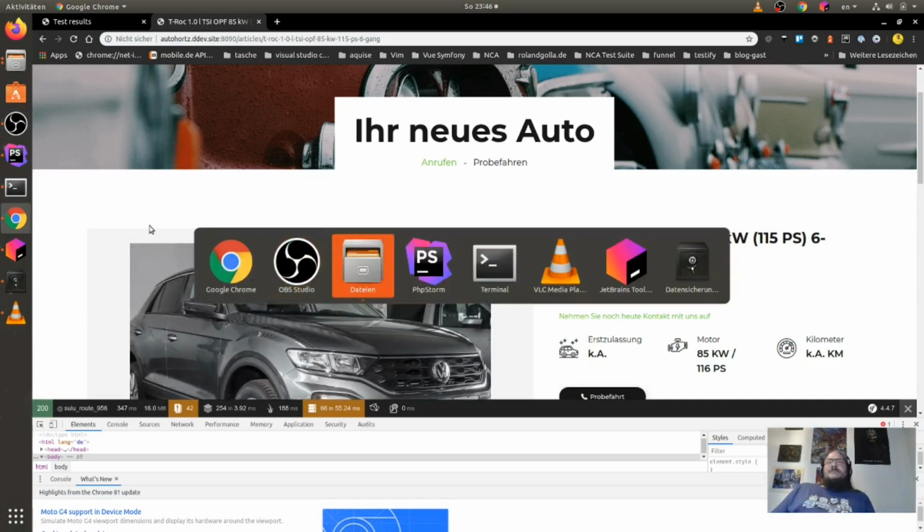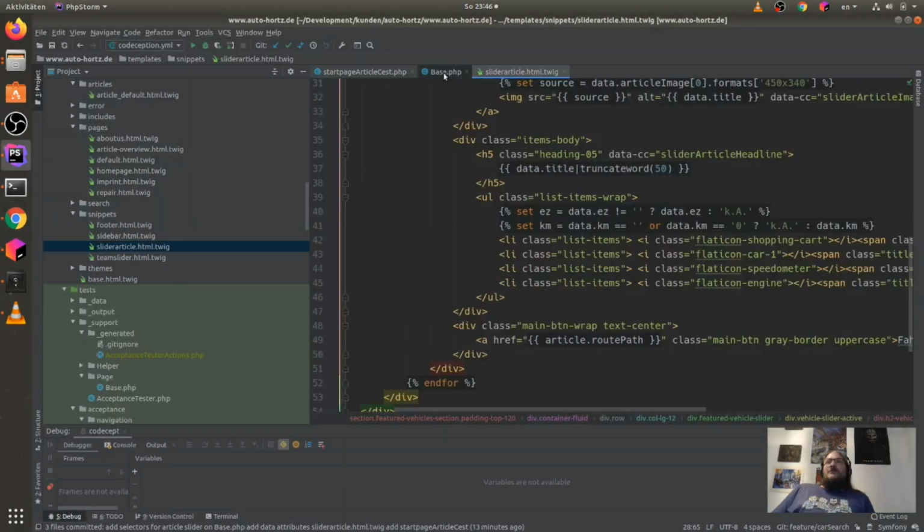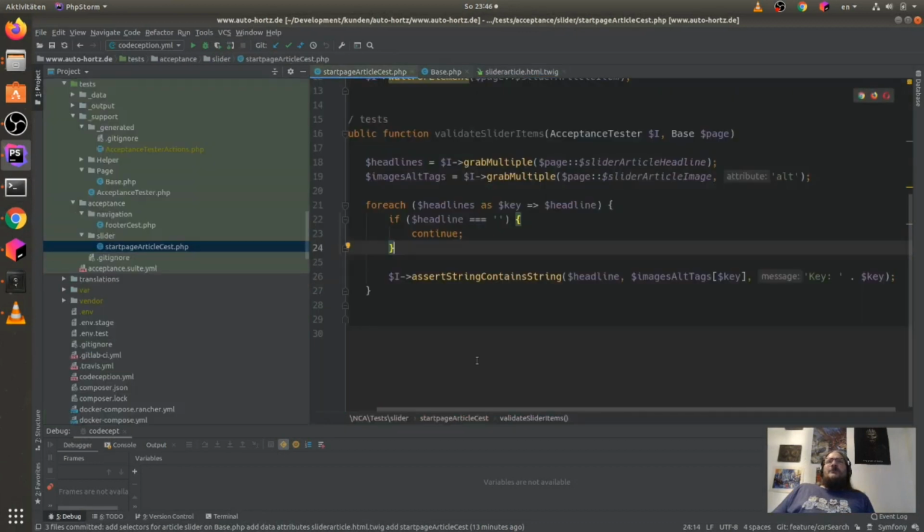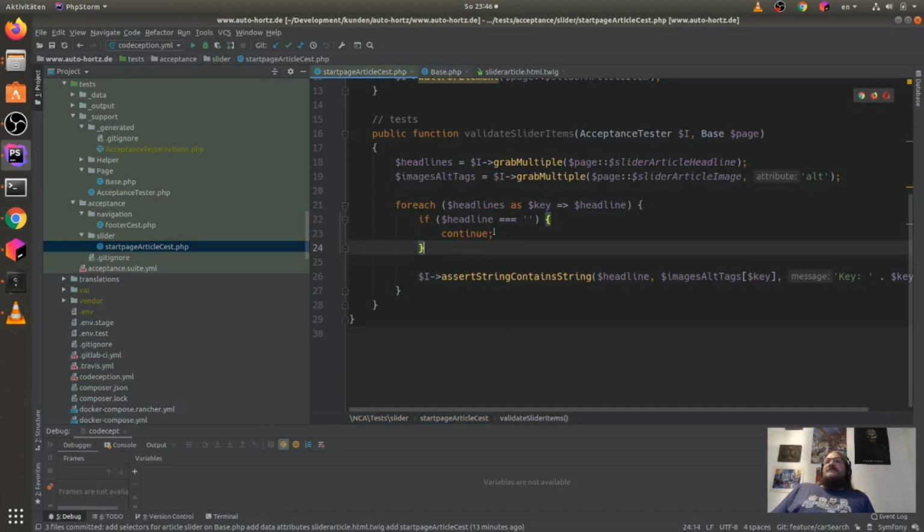So let's think about how to realize this test. I think this is a new test because we don't need to validate slider items here, but we do something similar because now we will get the hrefs. I don't want to work with a click element here to click the slider elements because we have the super dynamic JavaScript slider, and I think for me it's easier to get the hrefs of every item here.